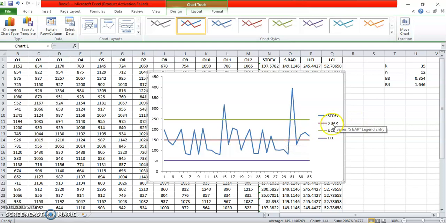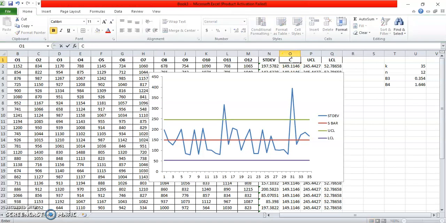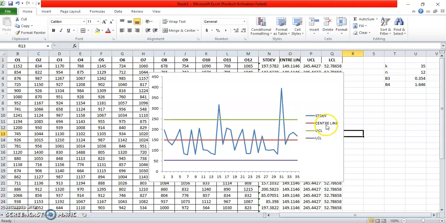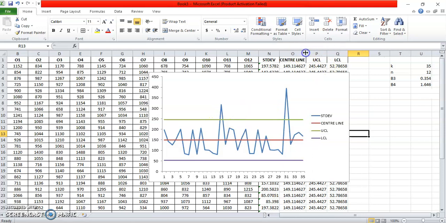It's purely your choice how you put the title. If you want, we can put a title here as central line, and it will be changed in the graph also, right? As you can see, there are certain points which are out of control. It's visible over here.